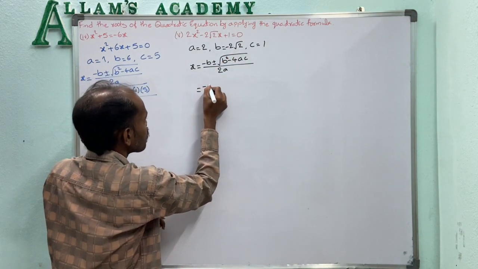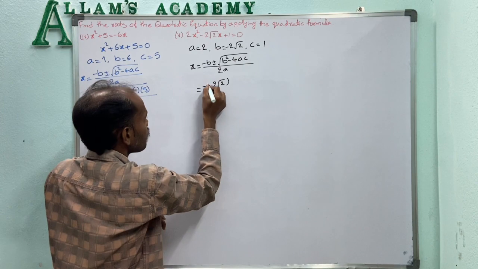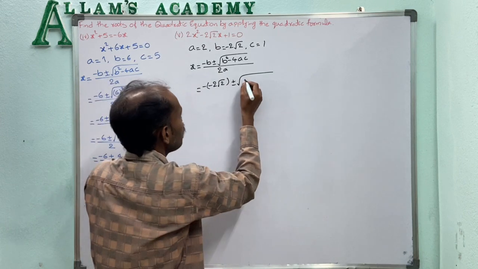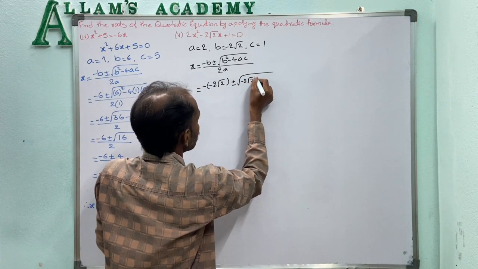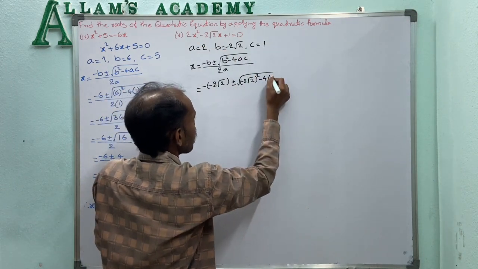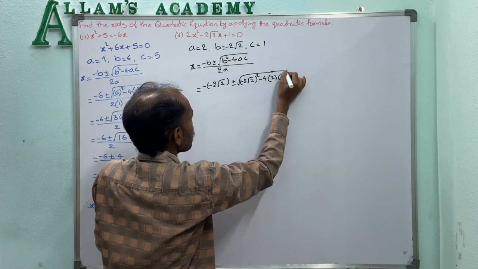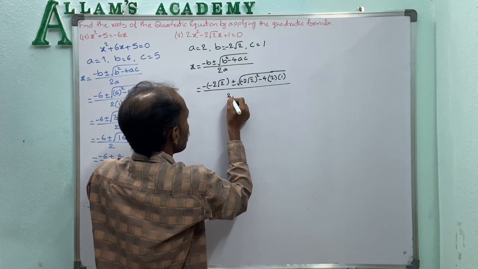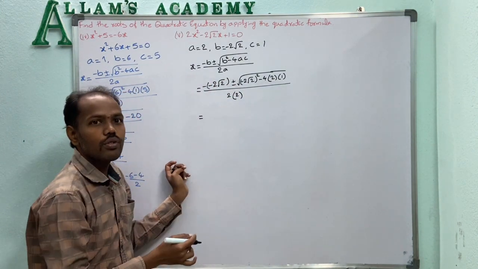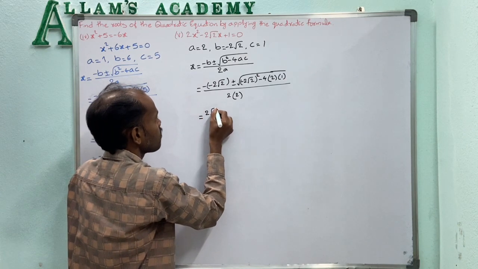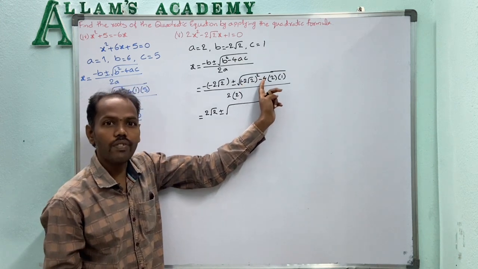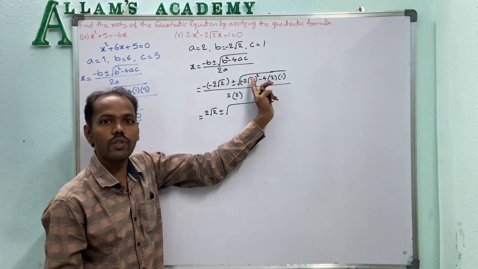So minus of minus 2 root 2, plus or minus under root b square. So minus 2 root 2 whole square, minus 4ac. So 4 into a equal to 2, c equal to 1, 4 into 2 into 1, by 2a. So a is equal to 2. Minus of minus 2 root 2 is nothing but plus 2 root 2, minus into minus is equal to plus. So plus or minus under root minus 2 root 2 whole square, that is nothing but 2 square equal to 4, root 2 whole square equal to 2.